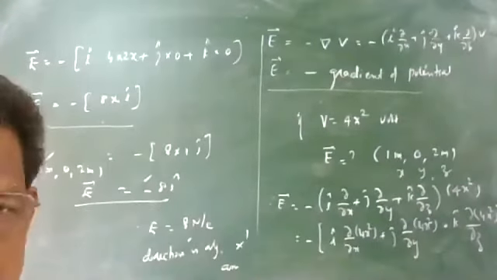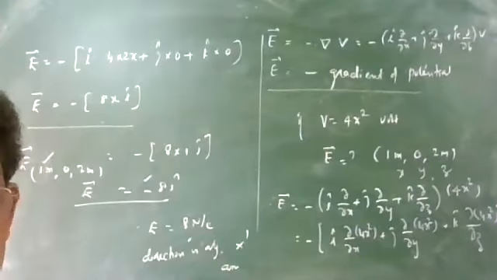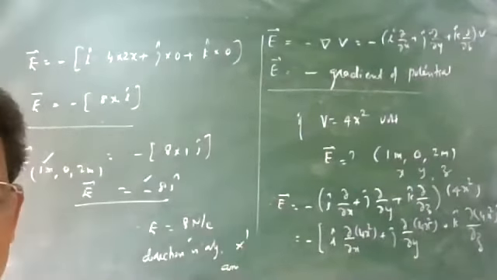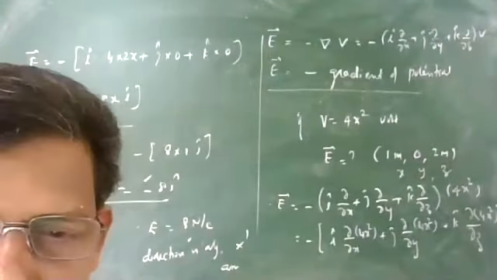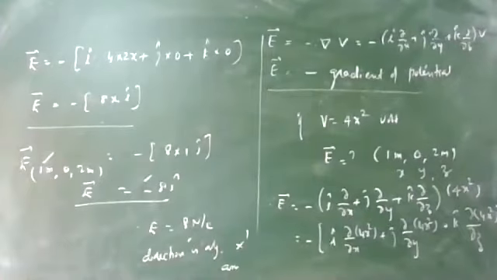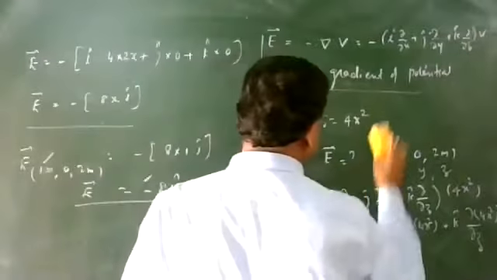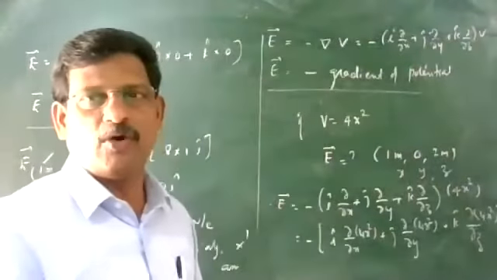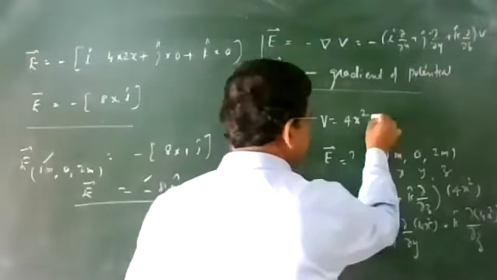Okay, so this is on a single variable potential, given as 4x square. Suppose I am changing it, so this you have to complete yourself. Instead of V equal to 4x square, I am going to put the value x square y and see the differentiation for the same. If V equal to 4x square y, now we complete the topic. I am adding one more variable to the potential, V equal to 4x square y.